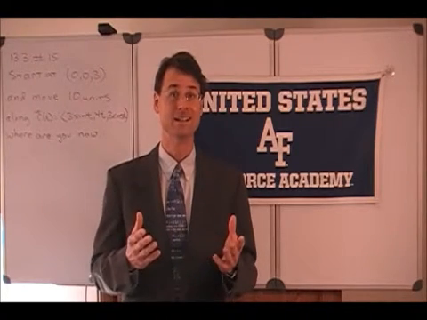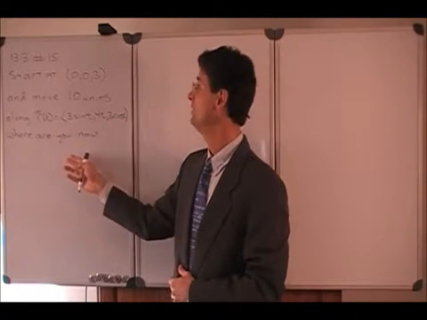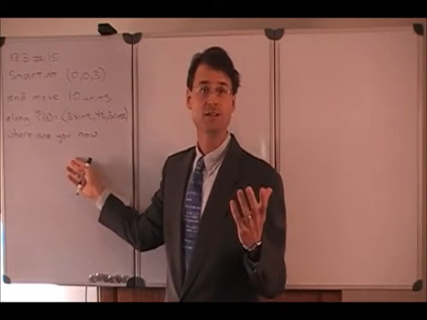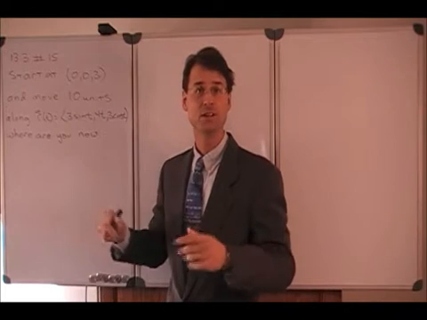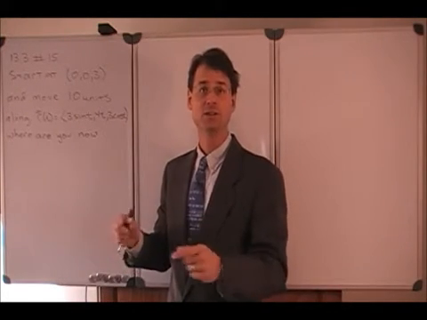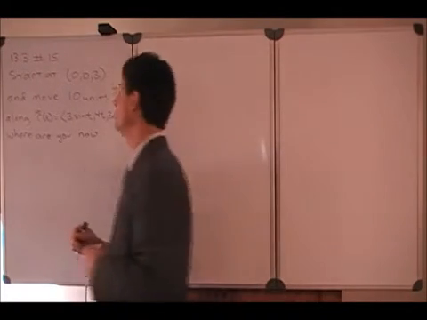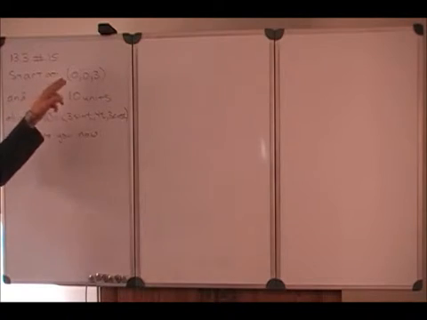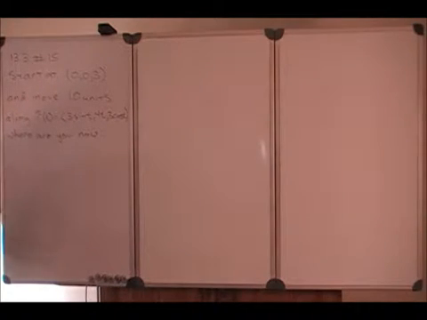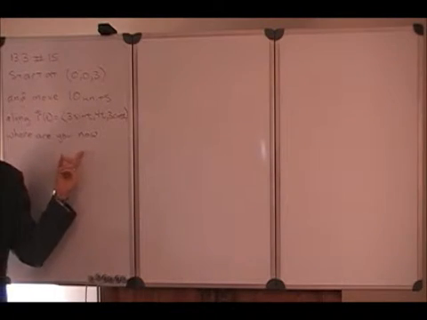Okay, we're having a look at 13.3 number 15, and we've changed the numbers just a little bit, but the procedure we're going to demonstrate here is the same as the procedure you need to follow, but you need to change the numbers when you work it for homework back to the numbers that are in the book. So we're starting at a point 0, 0, 3, moving 10 units along this curve